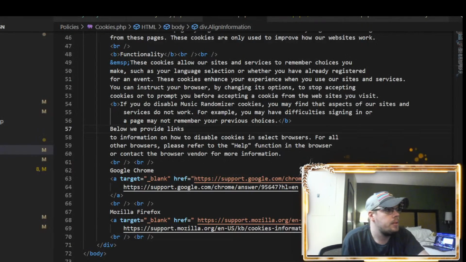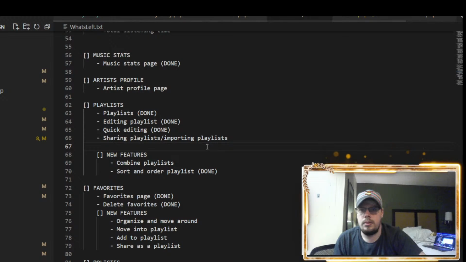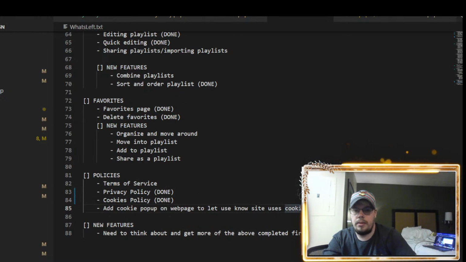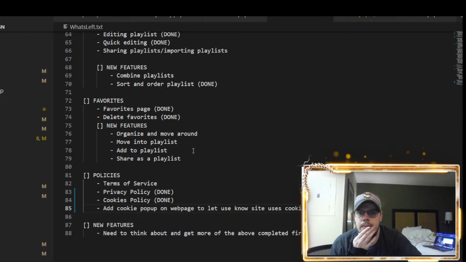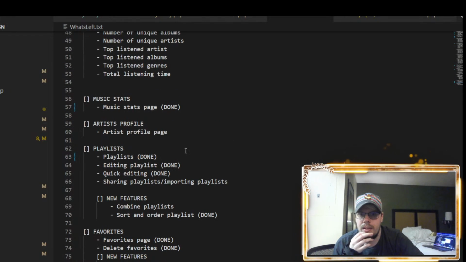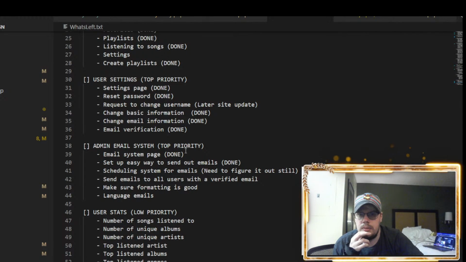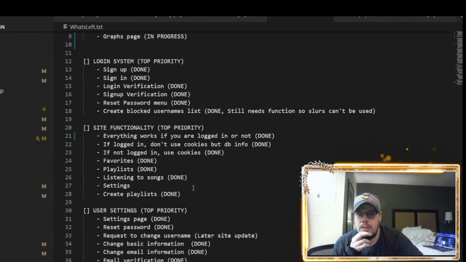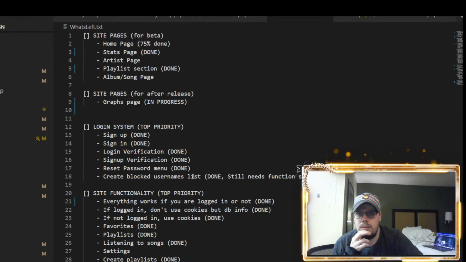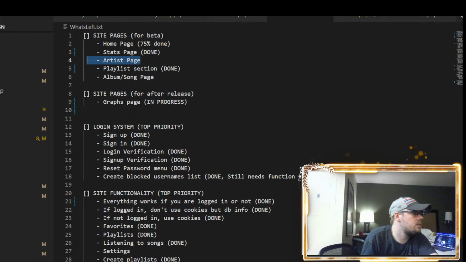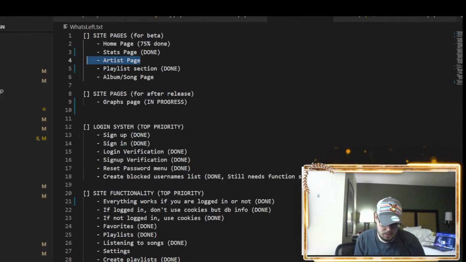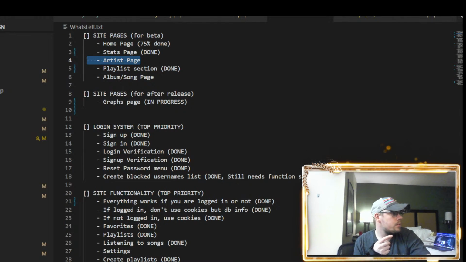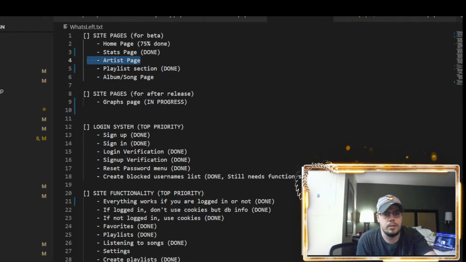But done. And you know what that means in our code, on what's left? Done. Done. This is actually, I got this done like last week. Settings, site functionality. So if we could get this artist page done next week, then I think, and next week, and then tomorrow I'll do the terms of service. Tomorrow will be terms of service, and what did I say tomorrow was? A reporting system. Alright, so that's gonna be it for the stream. Catch y'all later. I'm gonna go take a shower and